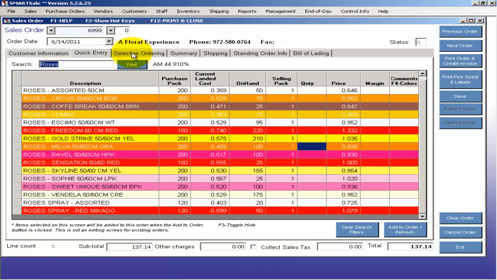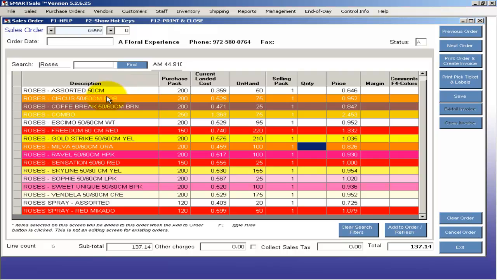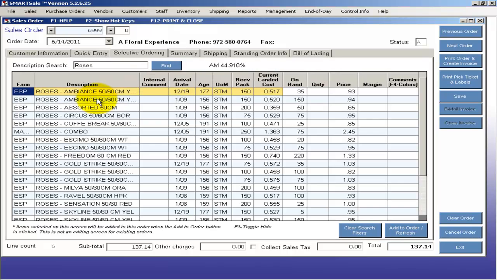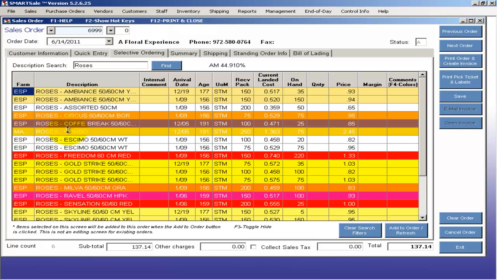selective ordering is. Okay, Quick Entry shows one line item for each product, whereas selective ordering will show you the lots that came in on a product. In fact, I'm going to hit Alt-R, so we go to roses here, and now you see here, like for this roses ambiance 50 to 60 centimeter yellow, well, there are actually 2 different lines here. This one came in on 1219, this one came in on 109. These are both from Esprit,